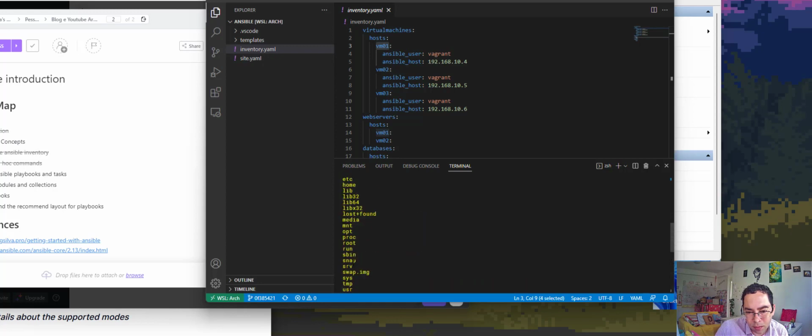Where is the VM1? VM1. Okay. So this is a way so you can, for instance, update all the systems and check if a file is in the system. For instance, we can cat